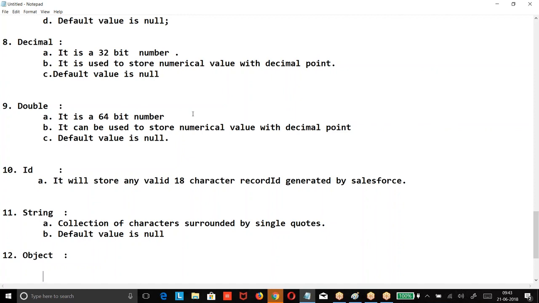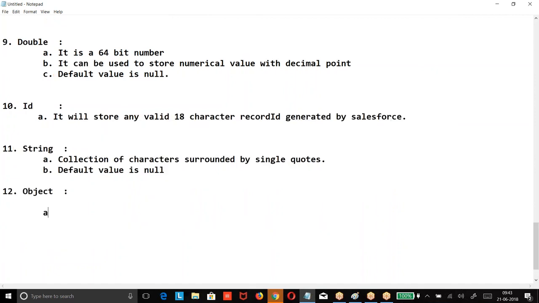Object can store any type of data that is supported in the Salesforce.